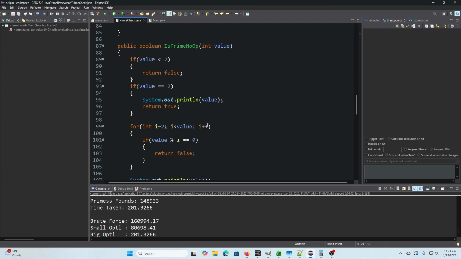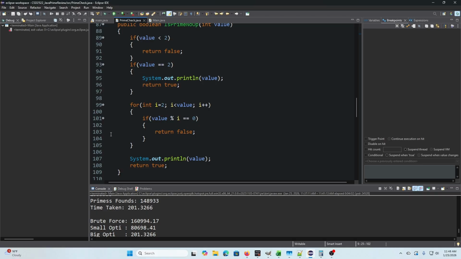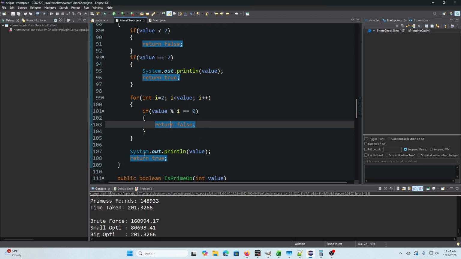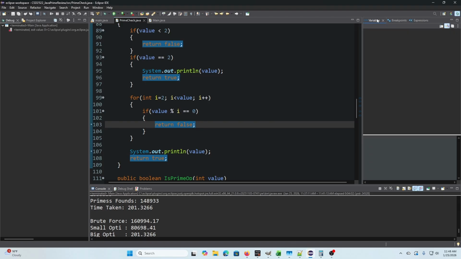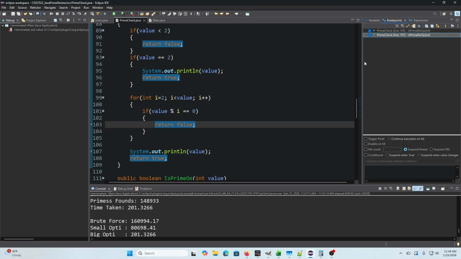What I'm going to do is I'm going to put in 2 breakpoints. I'm going to put in a breakpoint here, and I'm going to put in a breakpoint here, so I can tell whether or not I'm about to say 293 is not prime or 293 is prime. Now I can't leave the breakpoints like this, because otherwise they'd break in at every single value, and I'm not hitting continue 290 some odd times. But because I'm in debug mode, and normally by default you'll be looking at your variables list, I can go to breakpoints,